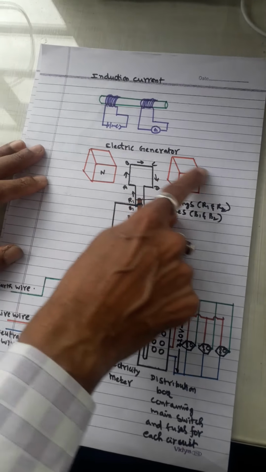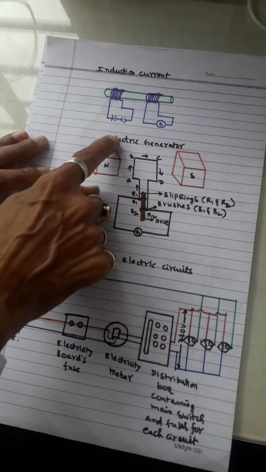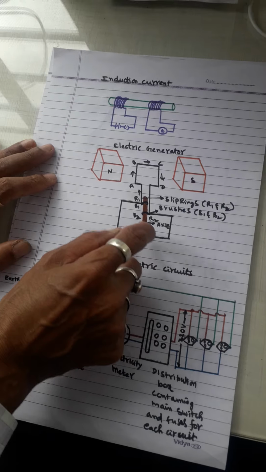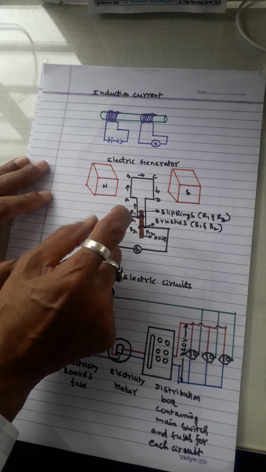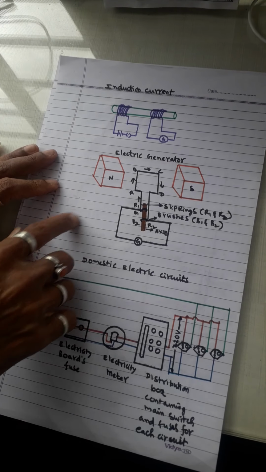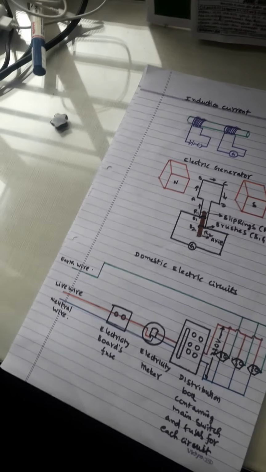Now let us see about the electric generator. What is meant by an electric generator? An electric generator is nothing but using mechanical force to create electrical current. For this we have to use Fleming's right hand rule. Now I will explain Fleming's right hand rule. Take your right hand, and keep the thumb, forefinger and middle finger mutually perpendicular to each other. Now for the generator, what I just said, current. Current should be mentioned at the last ending point, not at the start.